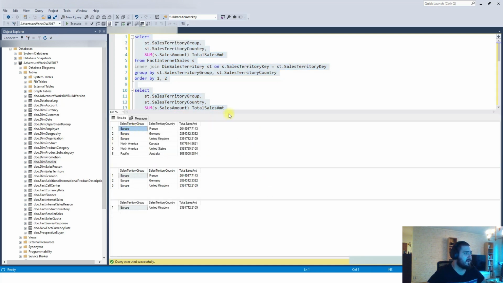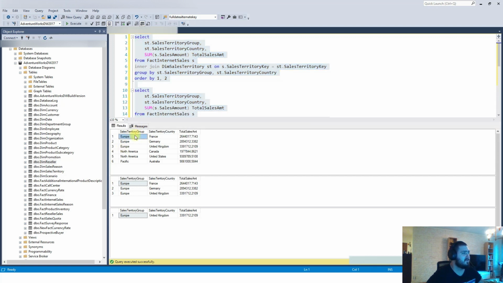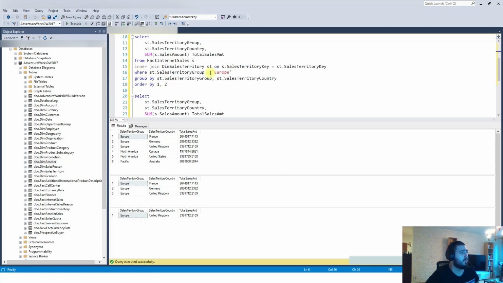You see here we just said, okay, we want to select the continent, the sales territory group, and the country. And then we want the total sales amount. And then the first filter we did is we wanted to filter on Europe. So that went into the where clause. But you see the numbers were still the same. The aggregate numbers were still the same. So we didn't apply any filter to the already aggregated numbers. We just put a filter on the where clause to what we wanted to see in our query before we did the